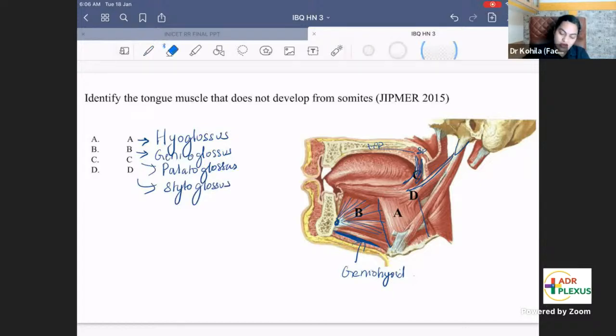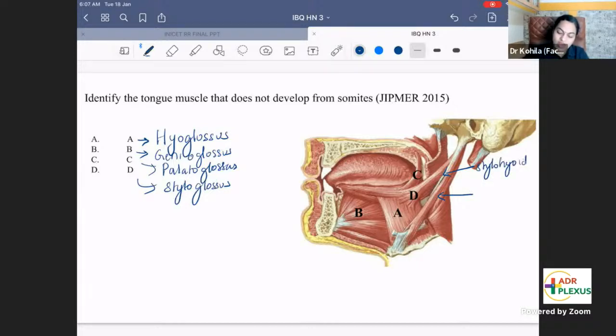Okay, so now A, B, C, D is okay. Any other muscle that you'd like to identify, which is not labeled here? Can you tell me what this muscle is? From the styloid to the hyoid bone, this will be stylohyoid. Yes, doctor, right. And this one going here behind the stylohyoid, can you make out the margins of this muscle? This will be stylopharyngeus,